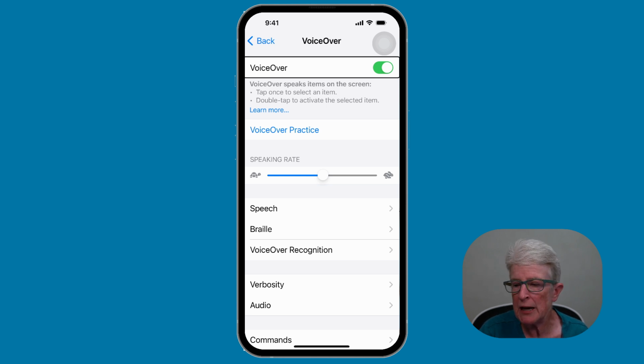so I've selected something and I want the page to be read from that area that I selected down the page, I just take a two-finger swipe and I swipe down